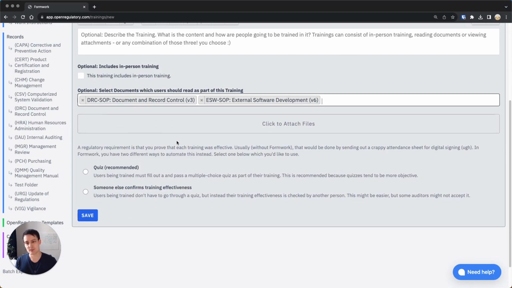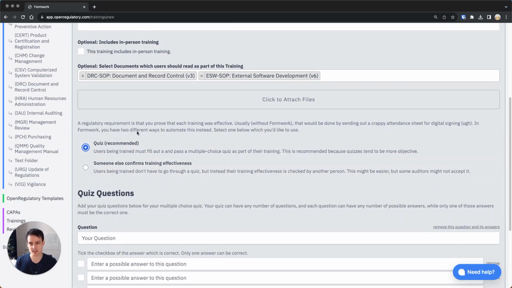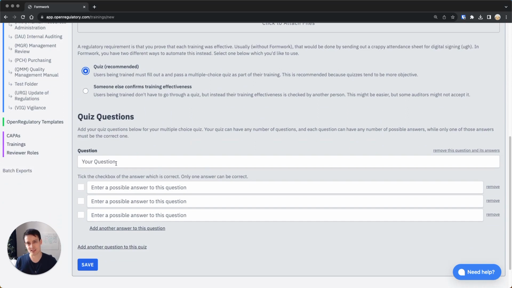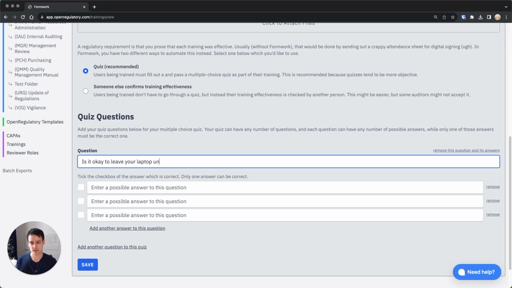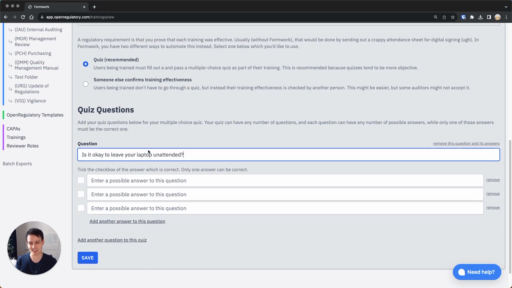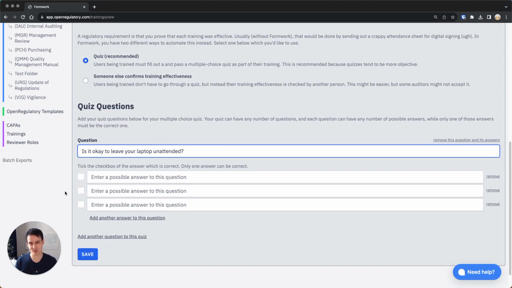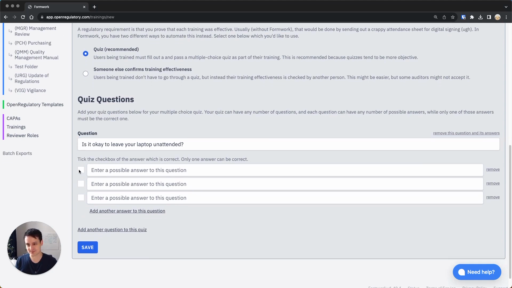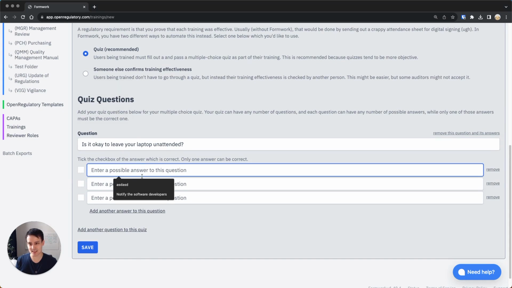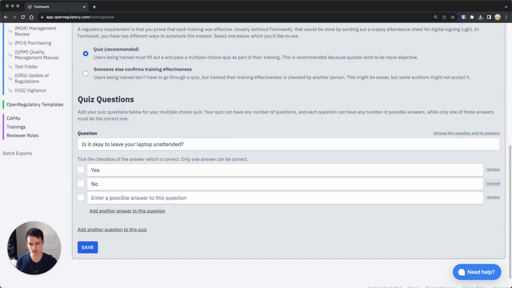But the really, really cool thing here is you have a quiz. So you can create a multiple choice quiz, which you can send out to your employees who should undergo this training. Each quiz can have a question like, is it okay to leave your laptop unattended? Sounds a bit like this thing they say at airports, like don't leave your baggage unattended. And then you can enter answer possibilities: yes, no, I don't know, only in Berlin, and one of them has